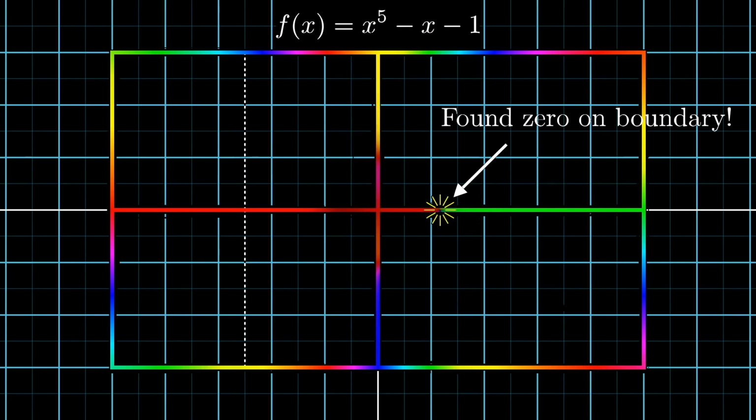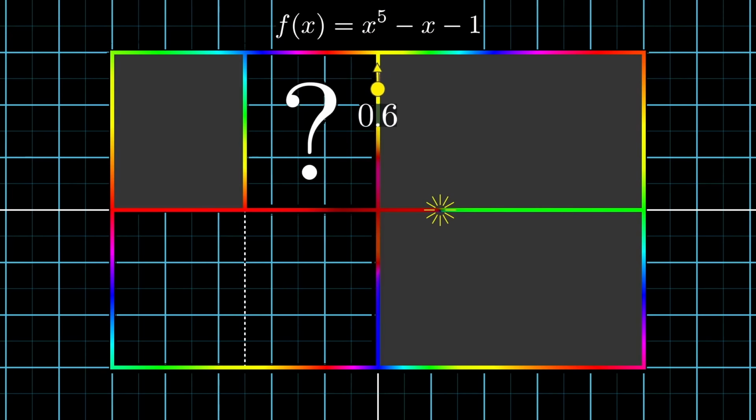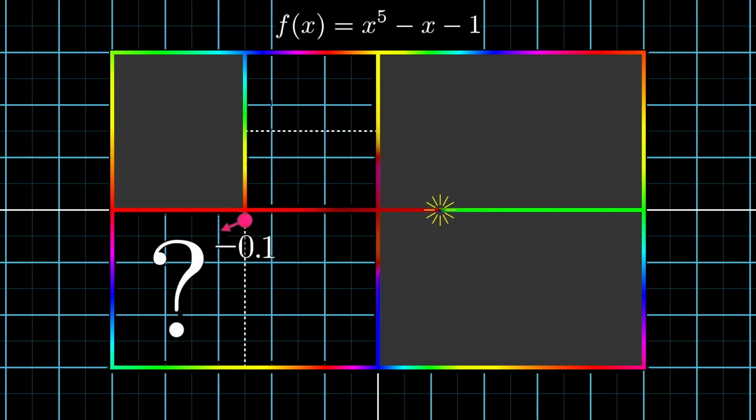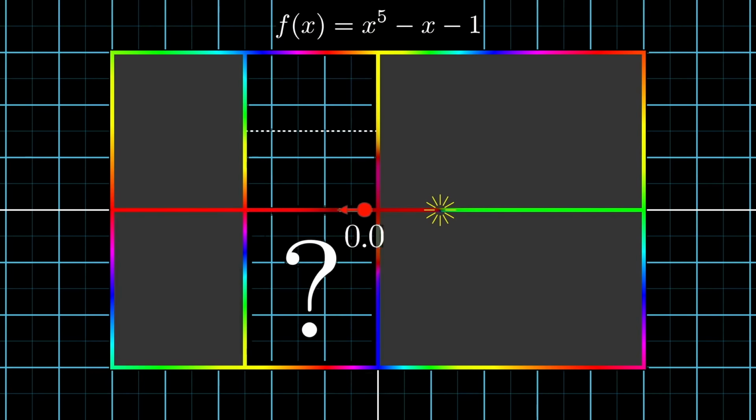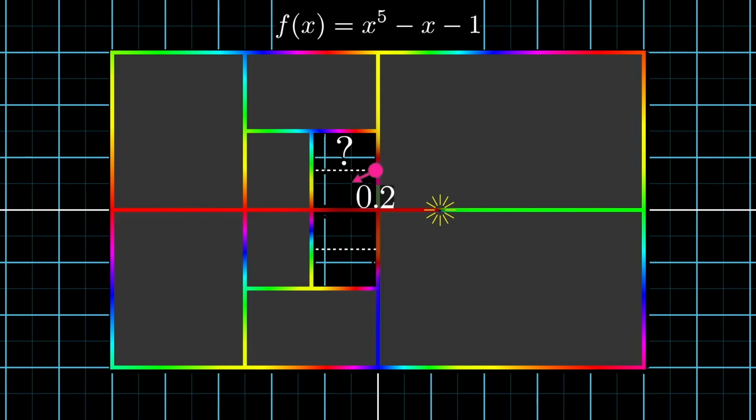We also stop exploring a region if the path that we're computing along happens to stumble across a zero, which actually happened once for this example on the right half here. Those rare occurrences interfere with our ability to compute winding numbers, but hey, we got a zero. And as for loops whose winding number is 0, you just don't explore those further. Maybe they have a solution inside, maybe they don't, we have no guarantees. And letting our equation solver continue in this same way, it eventually converges to lots of zeros for this polynomial.